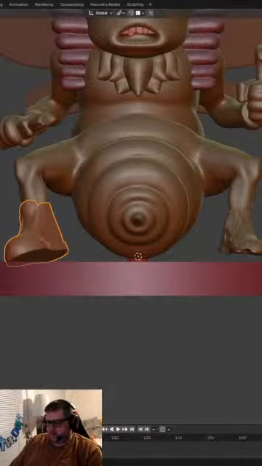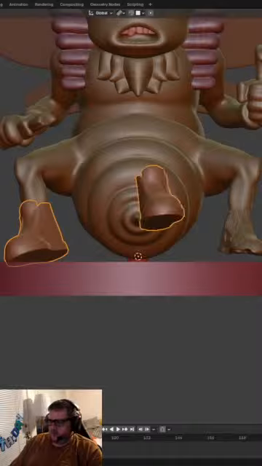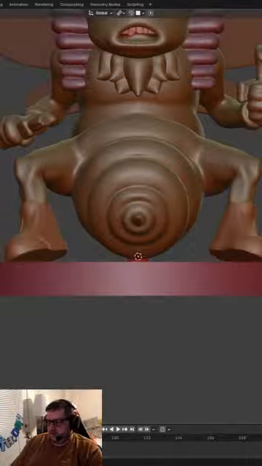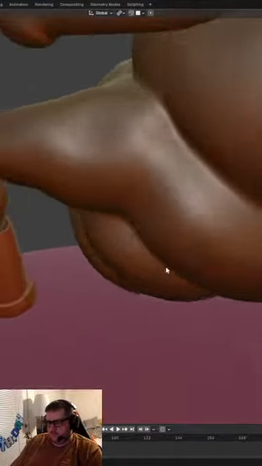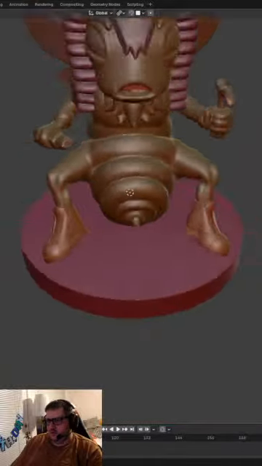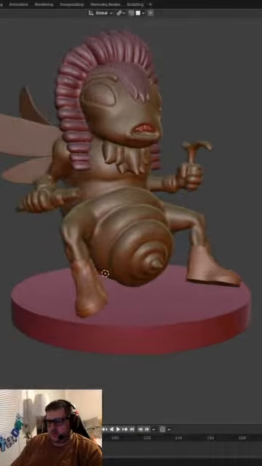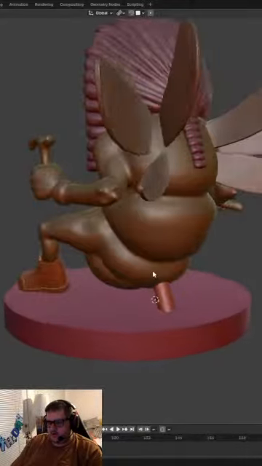And then we're gonna mirror that. And then we're going to apply rotation. Alright, so apply rotation. There we go. Boom. Look at that.